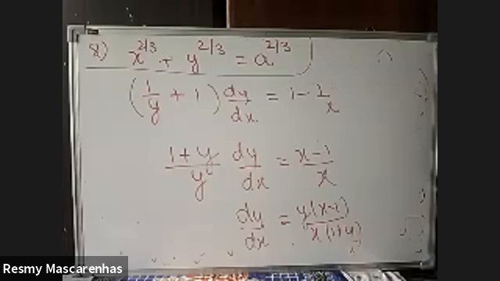See, wait. Now when I differentiate, this is a function I can understand. This is in the form of x raised to n, x raised to a number. So straight away this will be 2 by 3, x raised to 2 by 3 minus 1. Then in the same way, y also is a variable, so it is the same as y raised to n. So 2 by 3, y raised to 2 by 3 minus 1, times extra dy by dx, because it's a y term.